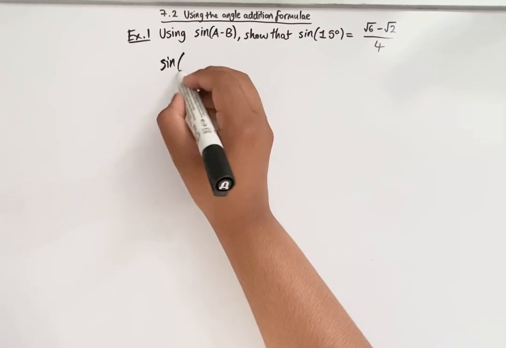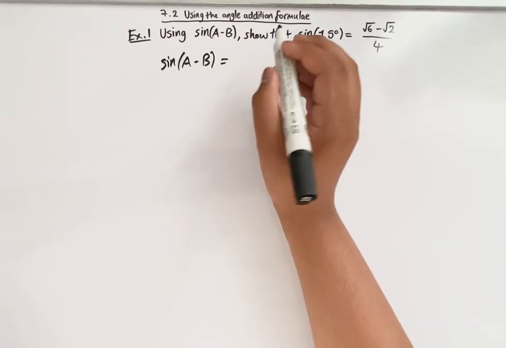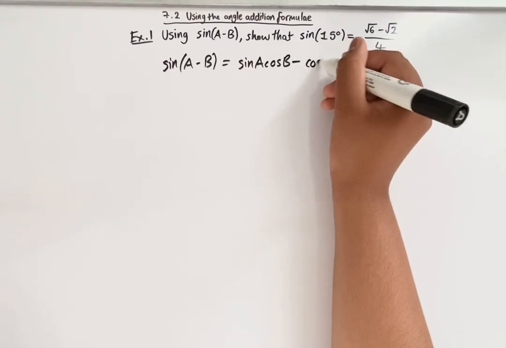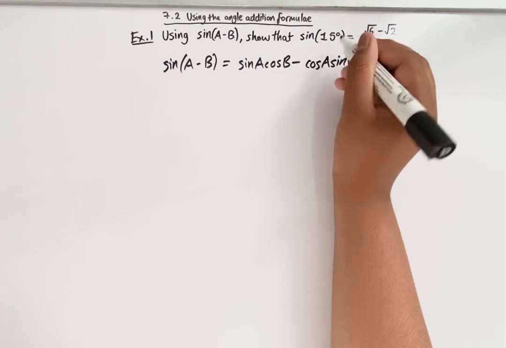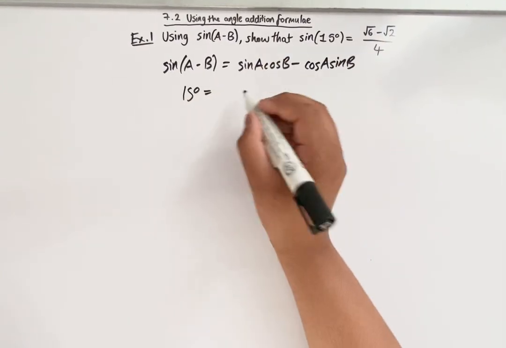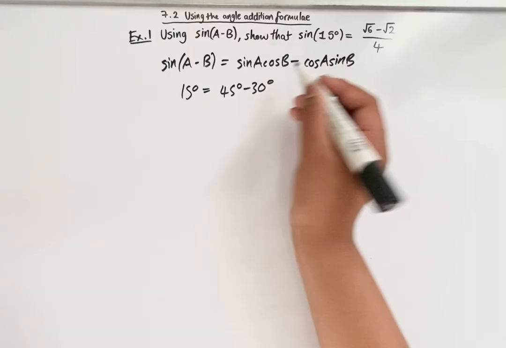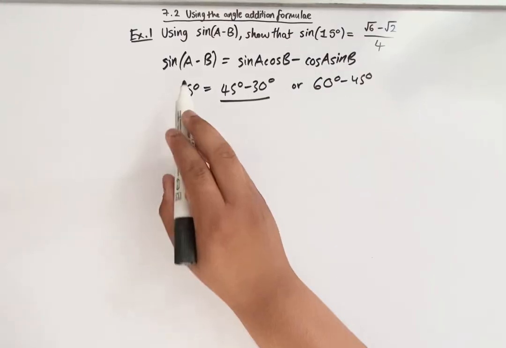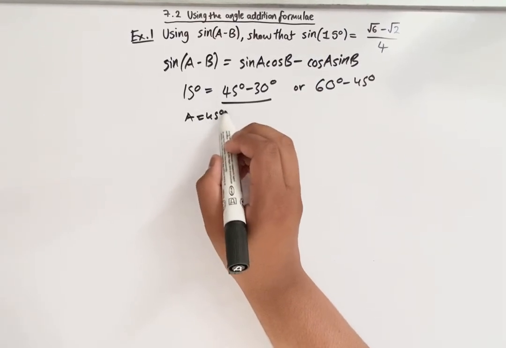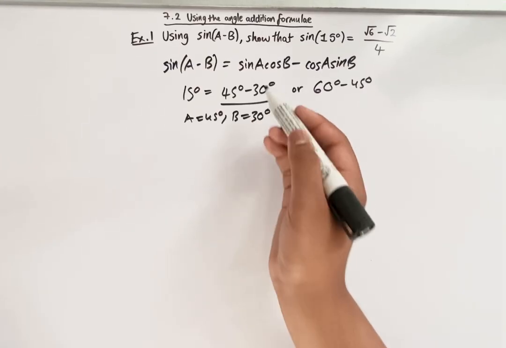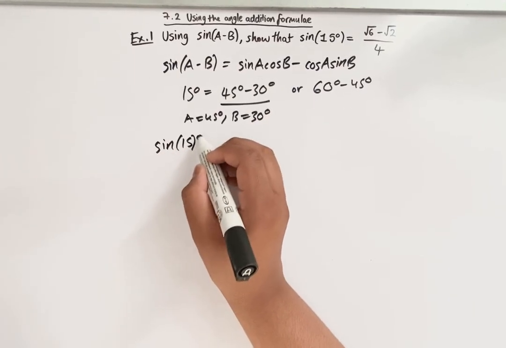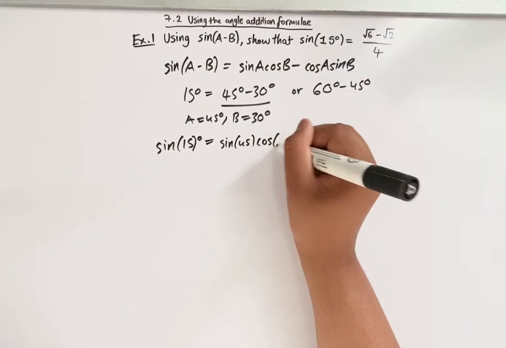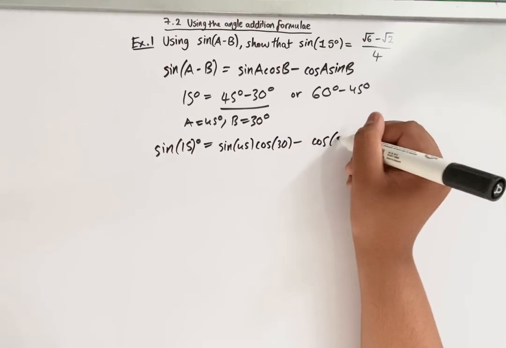So we know the sine of a minus b is equal to sine a cos b minus cos a sine b. 15 degrees, we can make it either as 45 degrees minus 30 degrees, or maybe 60 degrees minus 45 degrees. Let's just do 45 minus 30. So here, A will be 45 degrees, and B will be 30 degrees. So sine of 15 degrees is equal to sine of 45 degrees times cos of 30 minus cos of 45